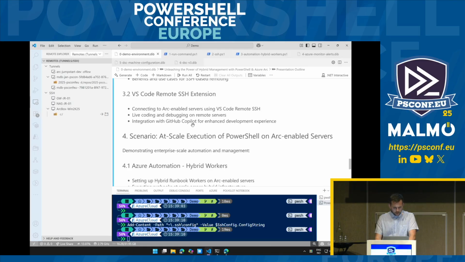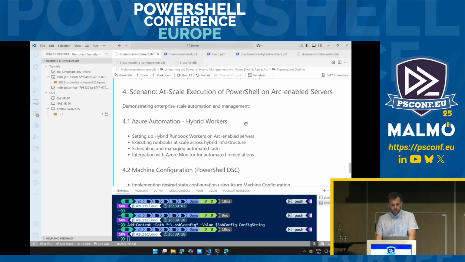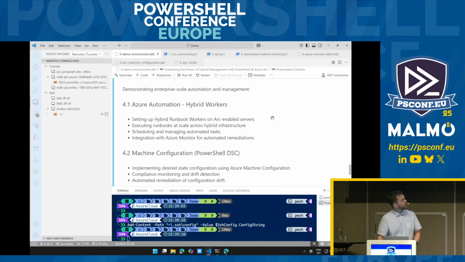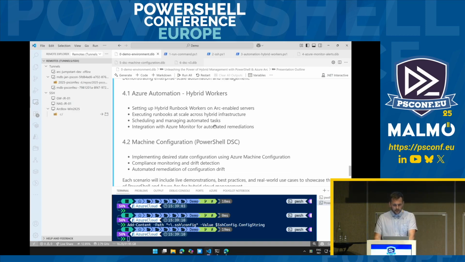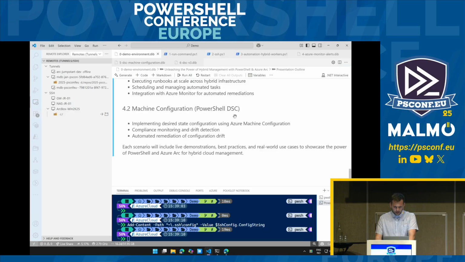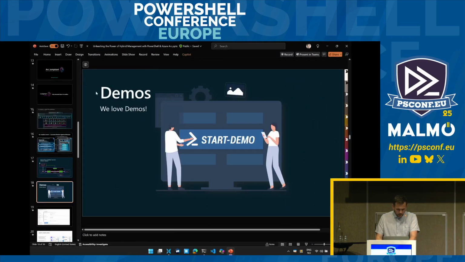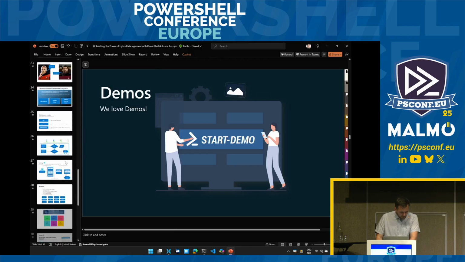context of PowerShell. We also briefly talked about the at-scale execution of PowerShell. Azure Automation makes more sense for those scenarios if you want to be able to schedule and integrate with other services like Azure Monitor or possibly other monitoring solutions as well. And then we closed off talking about machine configuration. So let's close out with the